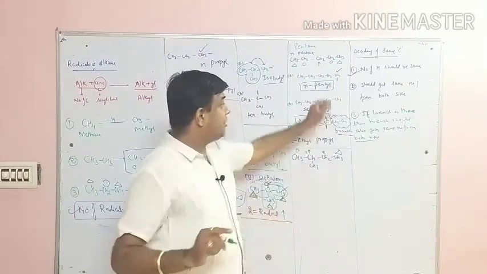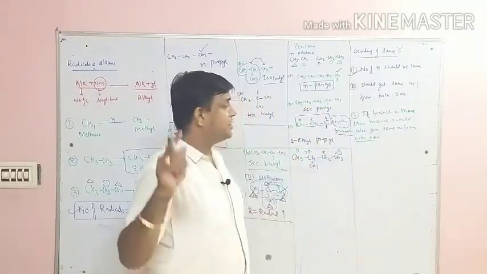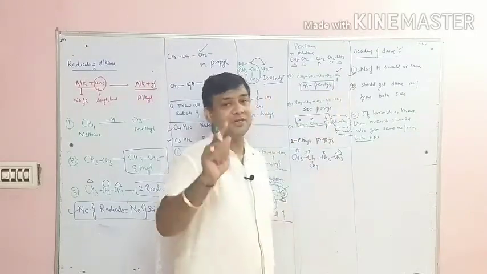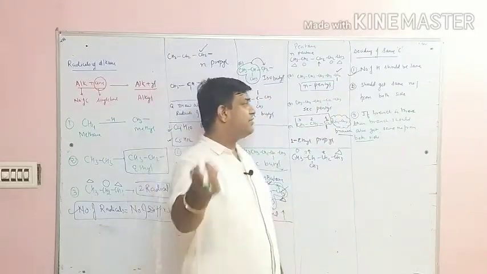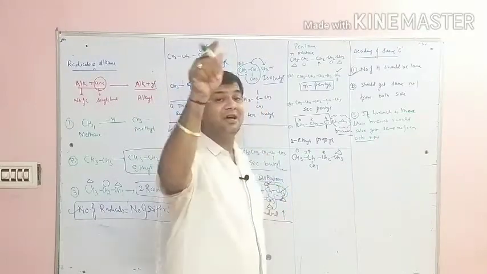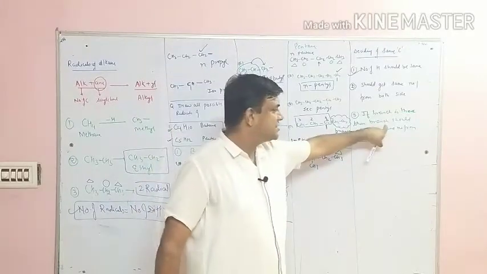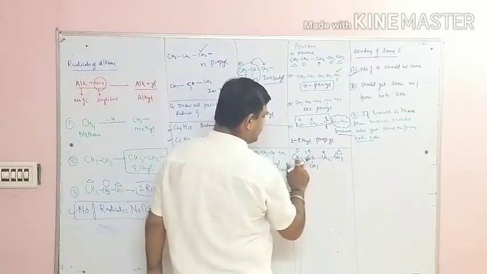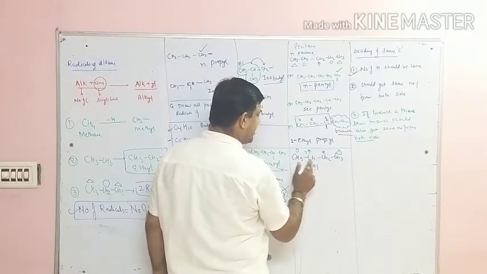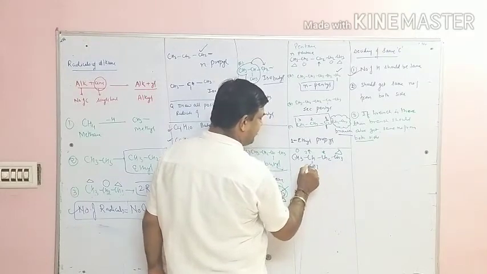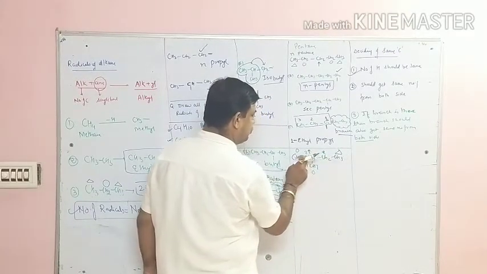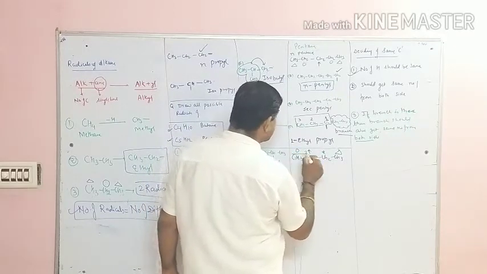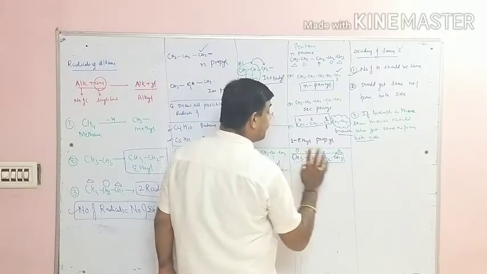Remember that if the number of hydrogens is the same, it is not sure that the carbon will be the same, because you have to compare these 3 points. First, hydrogen should be the same. Second, it should get the same number from both sides. And third, the important thing is, if a branch is there, the branch should also get the same number. Now students see, 1, 2, 3, 4 are there. If I give the 1 here, the 2 will have the branch. So these 2 are the same. So how many radicals are going to form? We are going to form 4 radicals.